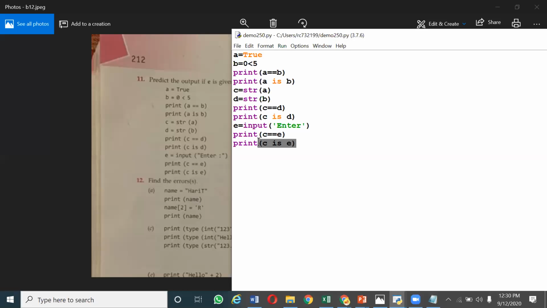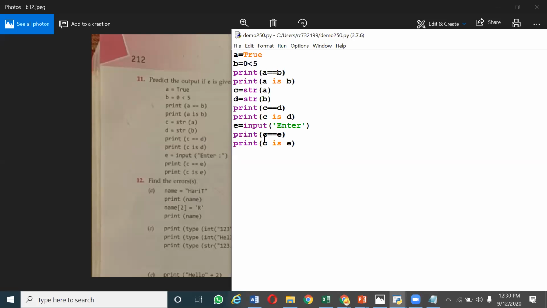When you read a floating point value or a string from the user, even though the values are same, it will be stored in a different memory location. That is the reason why, even though C is equal to E, C is E will not give the answer as true. That is what you have to understand.